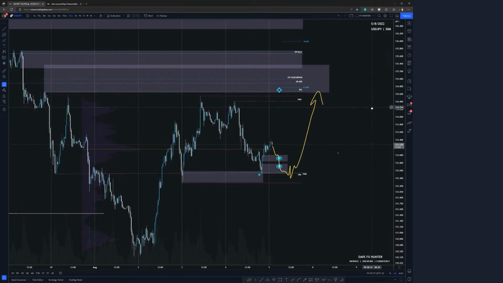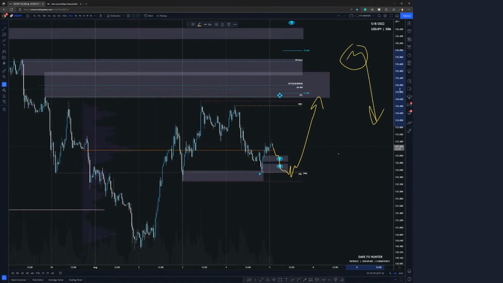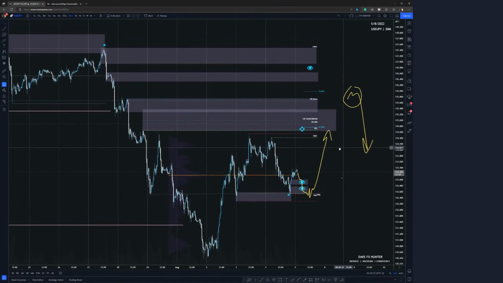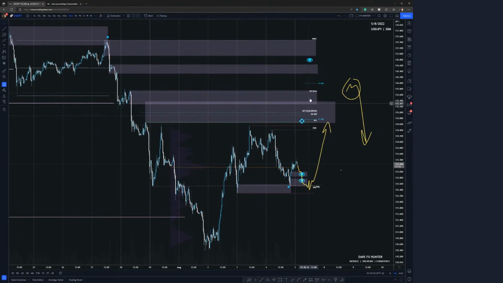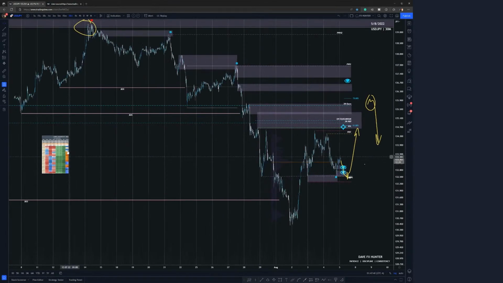So that's what I'm looking for on the USD JPY. But long term, I would like to take a short above these levels once we get to these order blocks, or as said, preferably back to this level, optimal trade entry between 61 and 79,